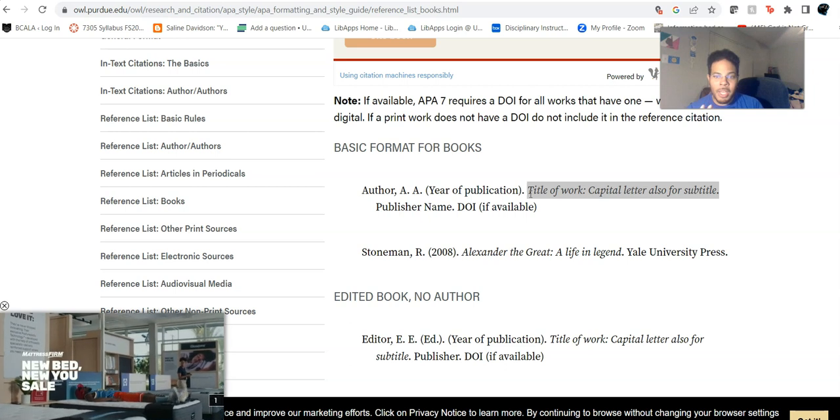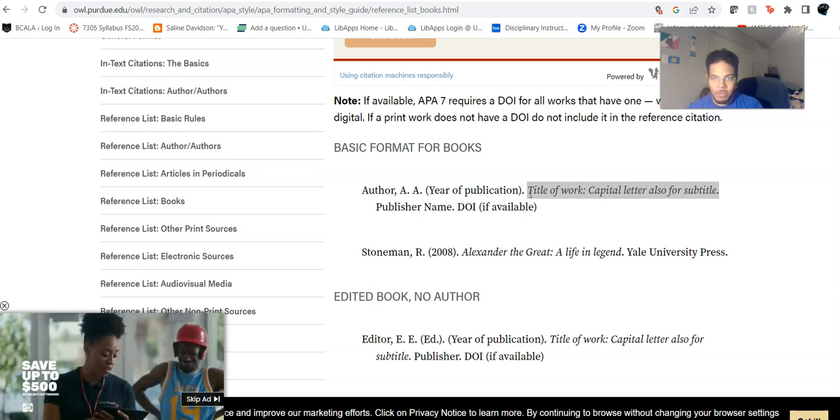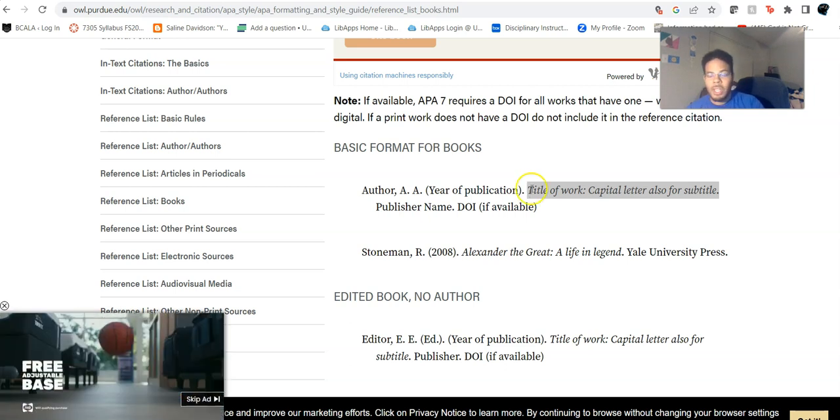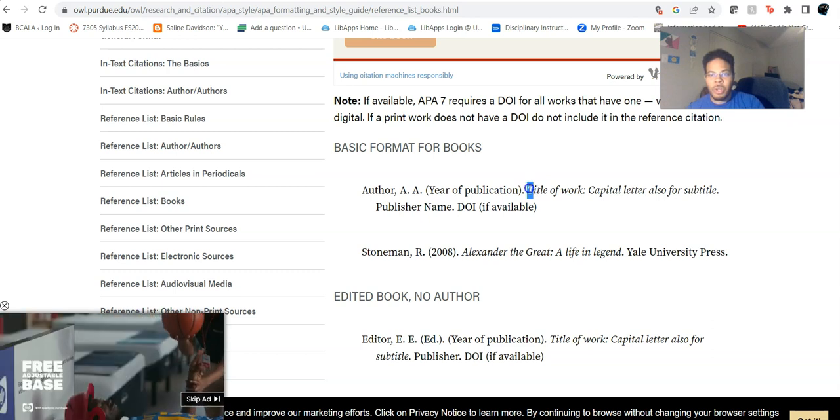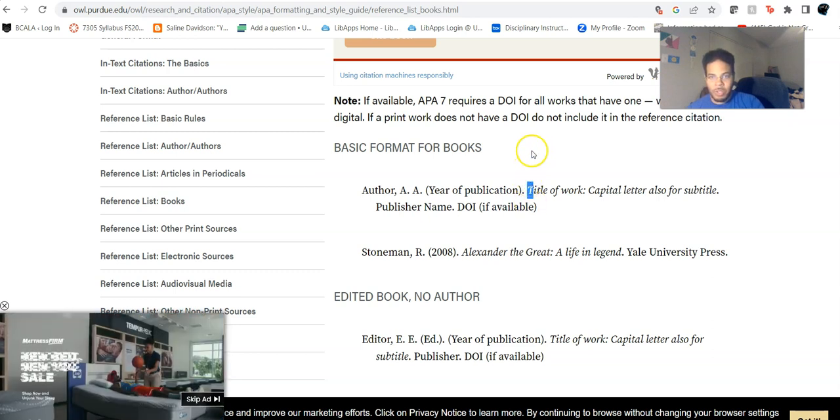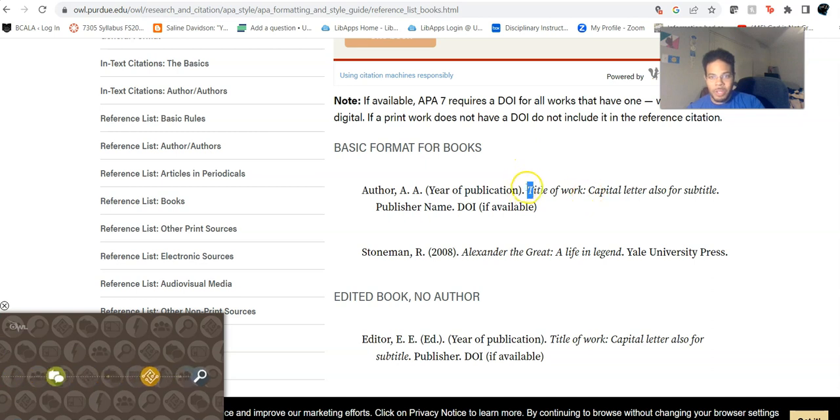When you are writing the title of a book for your APA reference list, the words that are capitalized are the first word of the title, first word of the subtitle, and then any proper nouns.